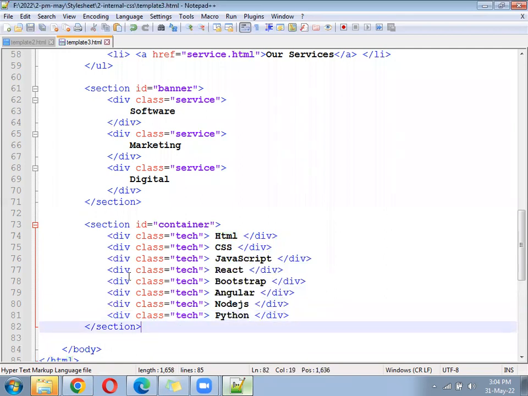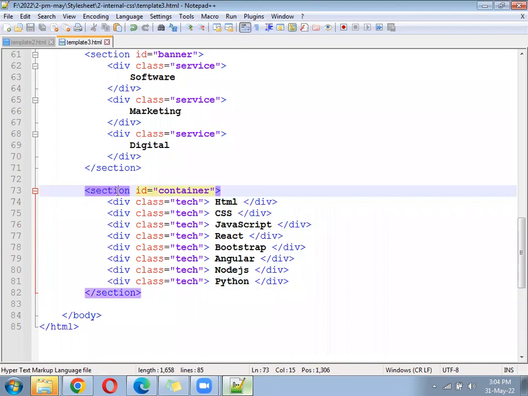So now for the container, you have to write some CSS, and in one line, display a total of 4 technologies. 4 boxes should get created in one line. Understood? We have just created one banner. In the banner, how many are you displaying? 3. Now we have a container. Inside the container, I need to display 4 boxes in one line, where the background will be maybe sky blue. 4 boxes, font size 40, you can give 50. 4 will come in one line and the next will go to a new line. Use flex and use the background, height, width, anything, your wish.